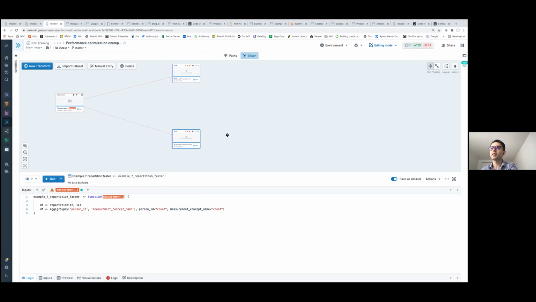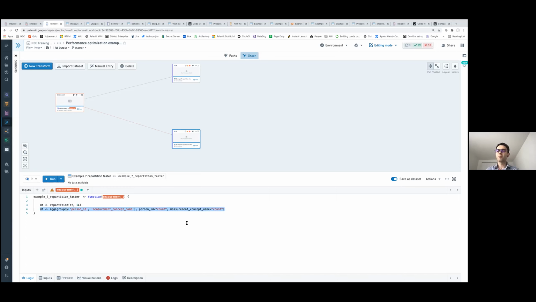In order to improve the speed and performance, since we know that the measurement table is poorly partitioned, we can use the keyword repartition. And in this case, we can probably fit our data sets into one partition. And by doing that, and then performing our computation or aggregation or analysis, this can run much faster.